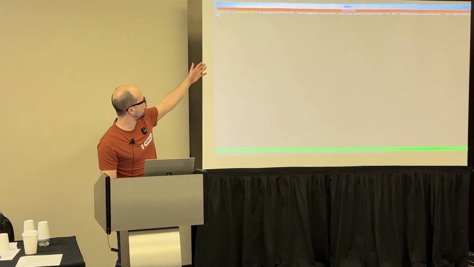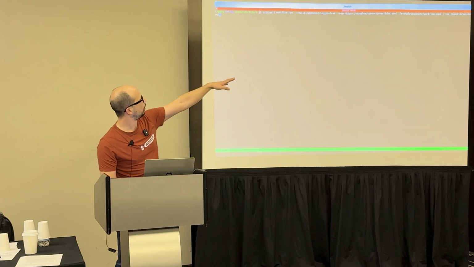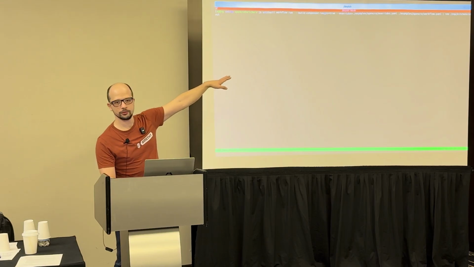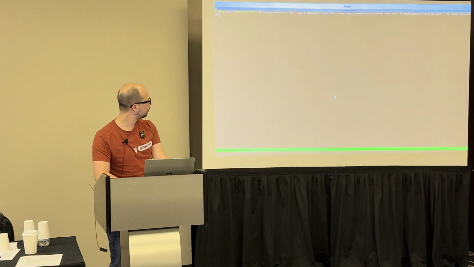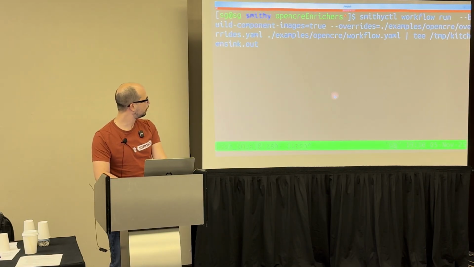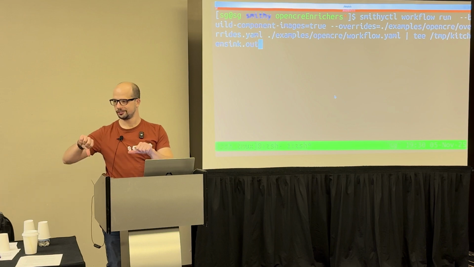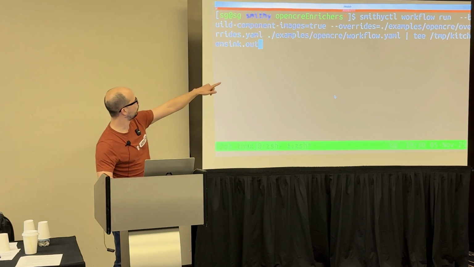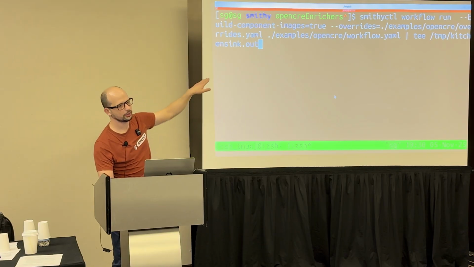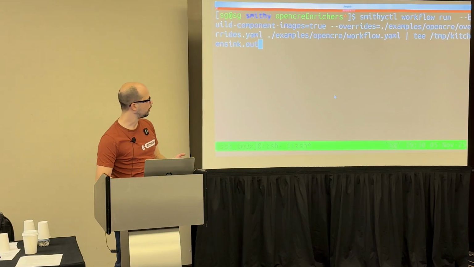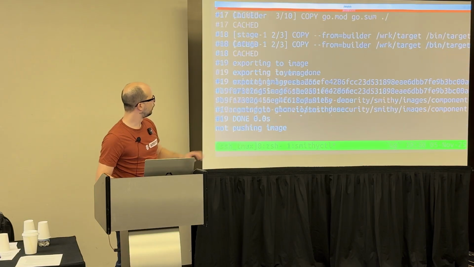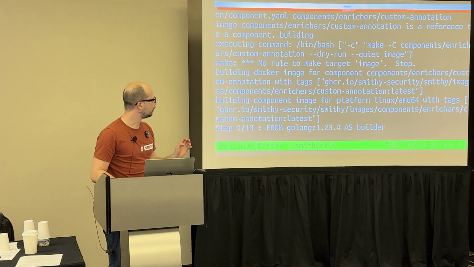Super simple, run a workflow. It is the workflow I showed you. Can you zoom a tiny bit? Yes. Okay. Run a workflow. Dump everything in a file called kitchen sink because it has all the standards. It's not about DSOMM or something specific. It's going to run a while depending on internet speed.